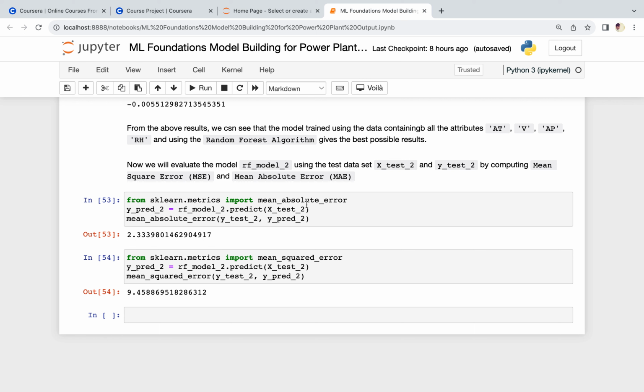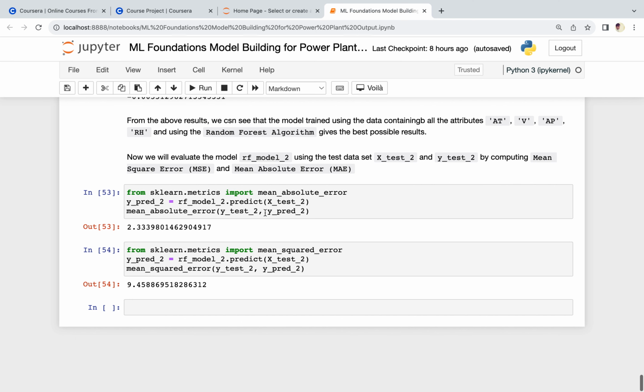We take the model, using the test data X test 2, we predict the Y attributes, and then we compute the mean absolute error and the mean squared error using the Y test 2 and Y pred 2,